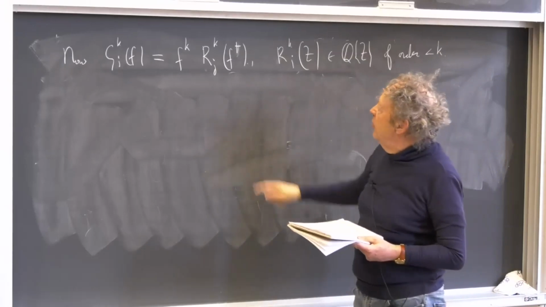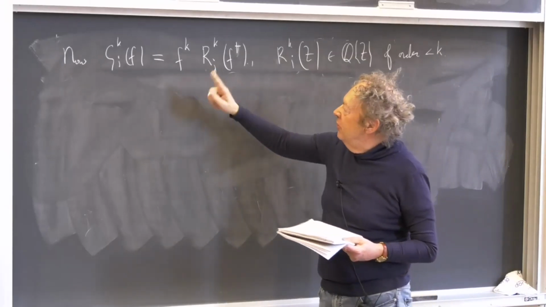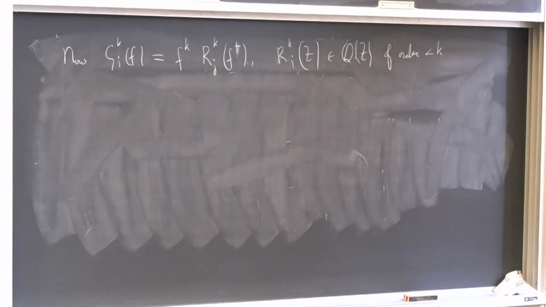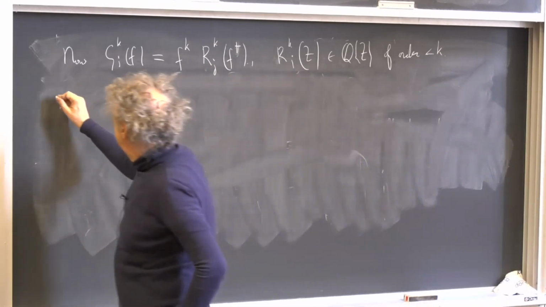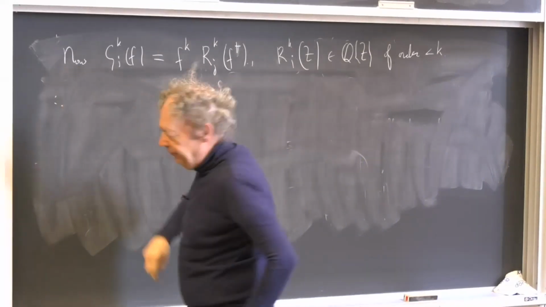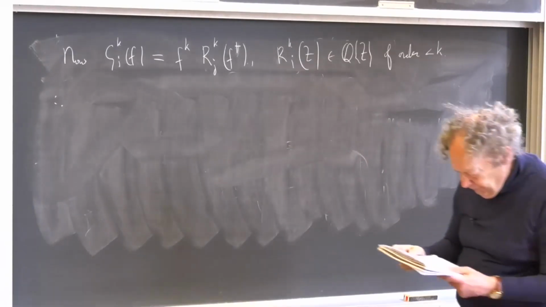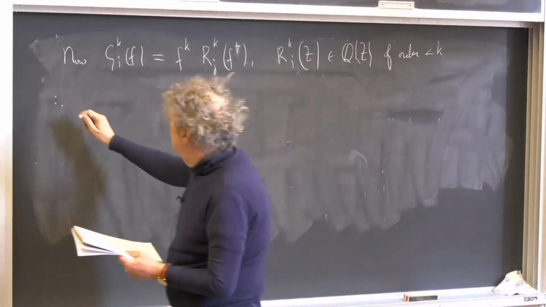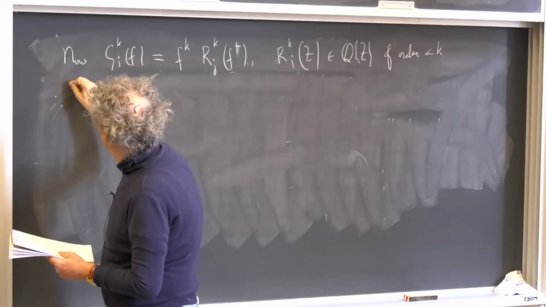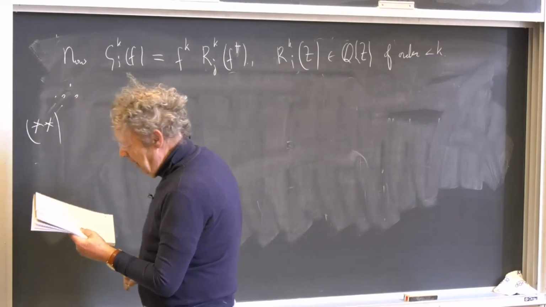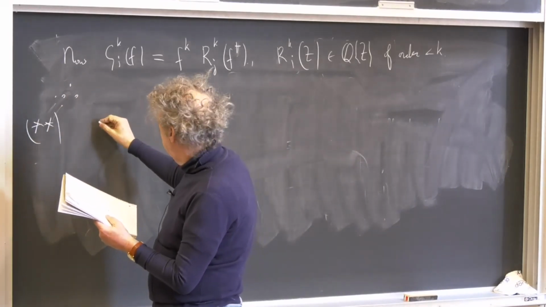But it's not homogeneous anymore, so you lose something, but nevertheless this is useful. So therefore, what we get out of this is that, with a double star,